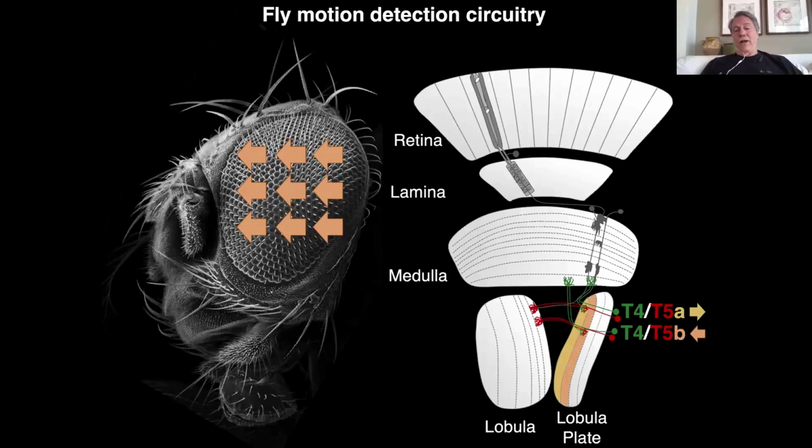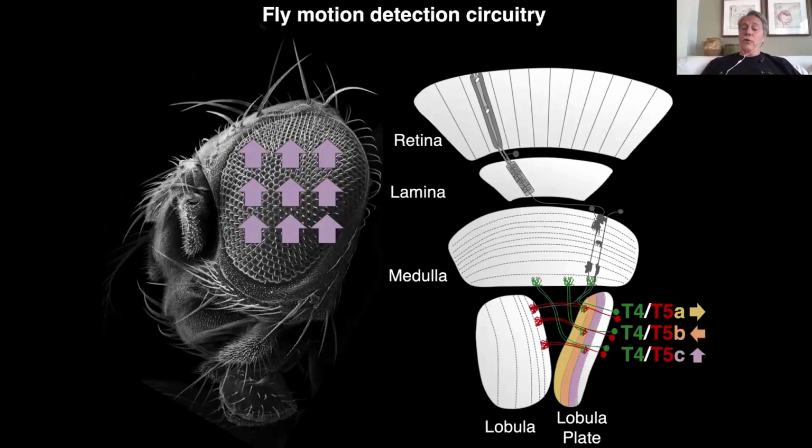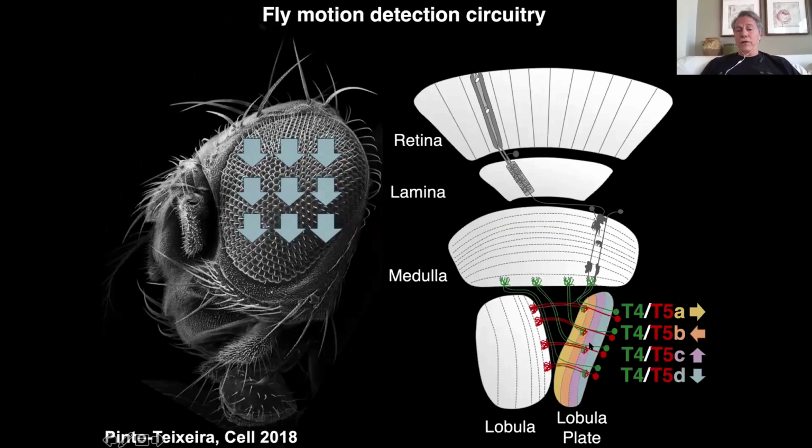So of course, most flies don't back up, but when you rotate the fly, the right eye is going to see front to back, and the left eye is going to see back to front. Okay? And flies move in 3 dimensions, therefore there are also neurons that project to the third layer of the lobular plate that see up motion, whereas the fourth layer is down motion. So what you have here, 8 neurons, are clearly connected very differently, either to the lobula or to the medulla, and to different layers of the lobular plate, and yet in the adult, they form the exact same cluster. That means they have the exact same transcriptome, or nothing we can distinguish very clearly.